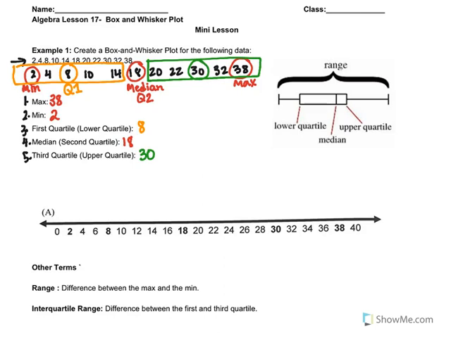Now that we've found these 5 important numbers, you always use these 5 numbers every time that you're creating a box and whisker plot. We're going to use these numbers to figure out how to create something that looks like this. So I'm going to go ahead and